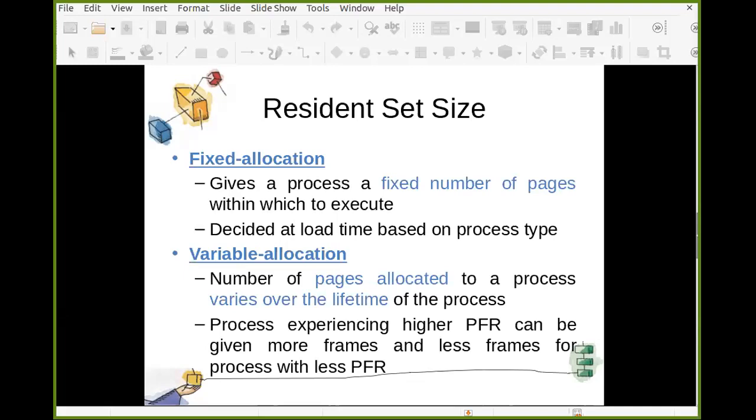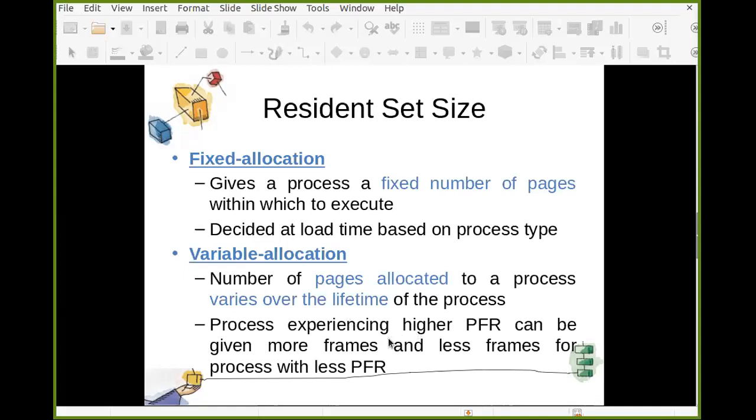And there is another type of allocation, variable allocation, where the number of pages allocated to a process varies over the lifetime of the process. In fixed allocation, when the process is loaded, it is fixed: if it is this type of process, this many pages will be allocated, and throughout the life of that process it will be maintained. But in variable allocation, from time to time, it may change.